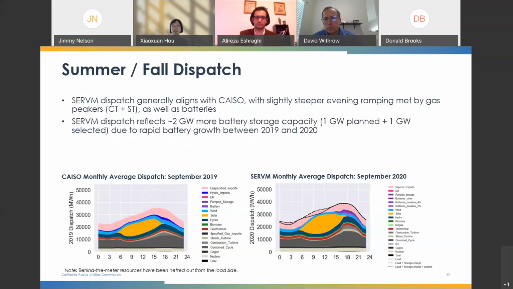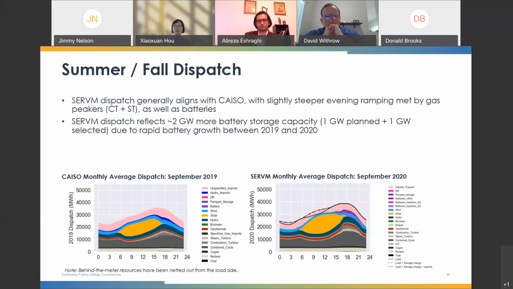This slide compares CAISO's September 2019 to SERVM's September 2020. And again, the general dispatch pattern looks pretty similar between the two. On the right, SERVM has a slightly steeper evening ramping. And we're seeing that SERVM uses a combination of CCGT, the darker gray area, steam turbine and combustion turbine, and also some battery storage to provide the evening ramping